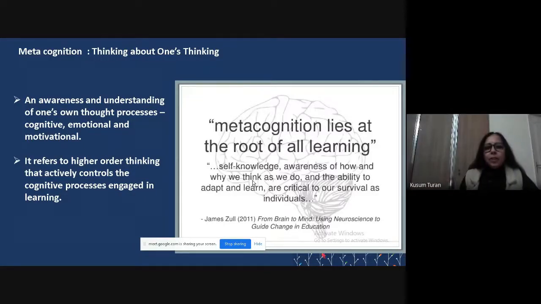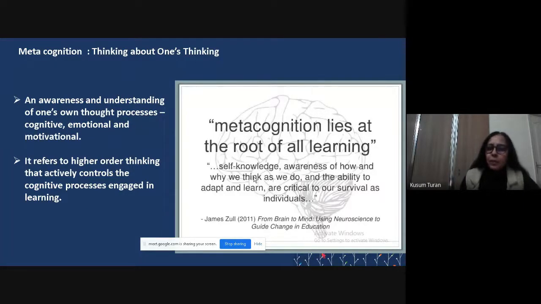So metacognition is a kind of skill which we have to inculcate among children, where we make children able enough to think about what they are thinking. They are aware of what they know and what they don't know, and accordingly they have to take action. Metacognition is thinking about their own thinking. What I believe is, it's not used anywhere. It's very uncommon, metacognition being applied as a classroom strategy.